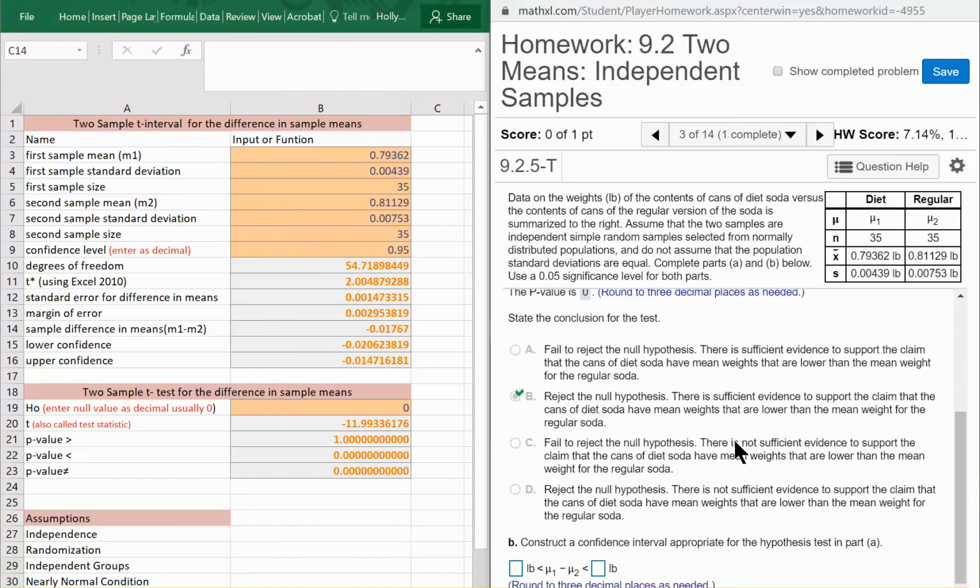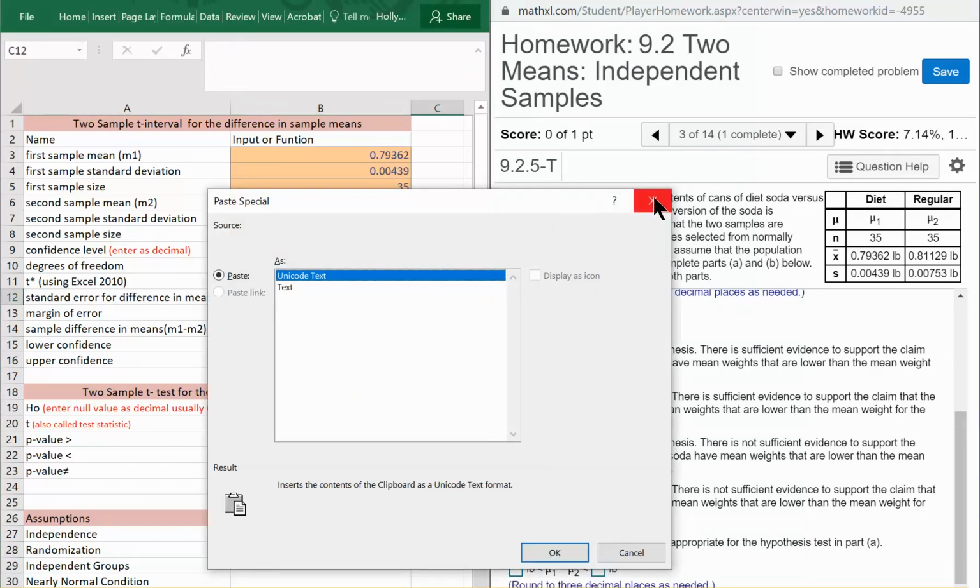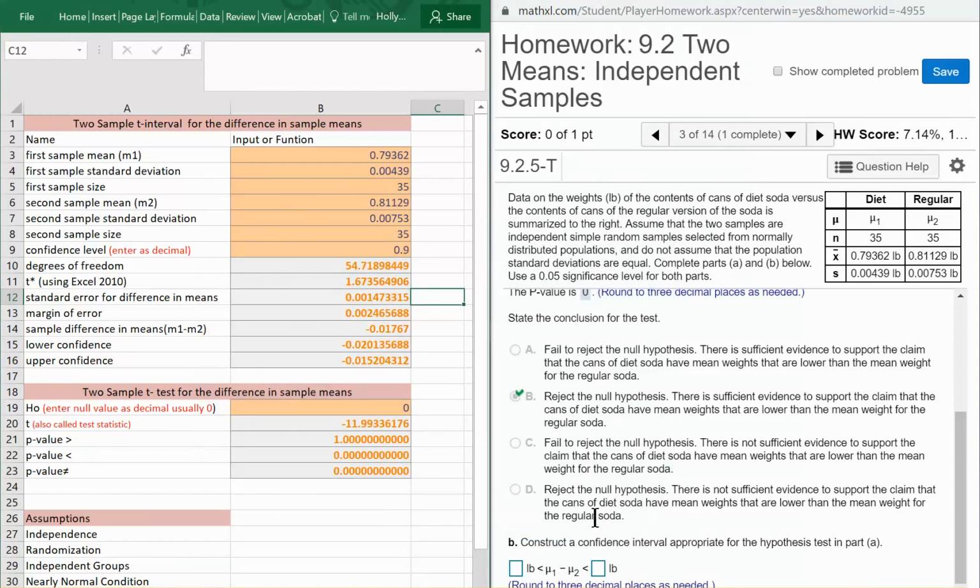All right, now they want us to construct a confidence interval, but remember, this was a left-tailed test. Now, if we want a confidence interval to support our decision, our conclusion, we need to multiply our significance level times 2. So 0.05 times 2 is 0.1, and 1 minus 0.1 is 0.9. So we're going to have a 90% confidence interval. Okay, and when we put that 90% confidence level in, our confidence interval is